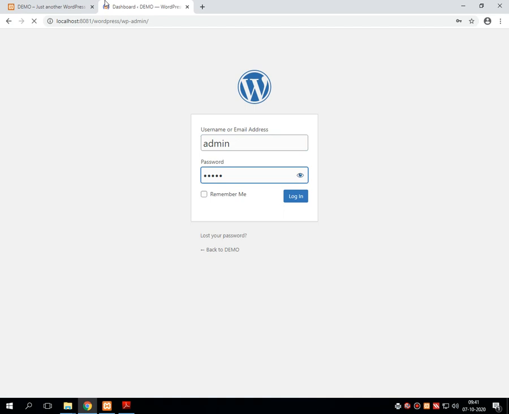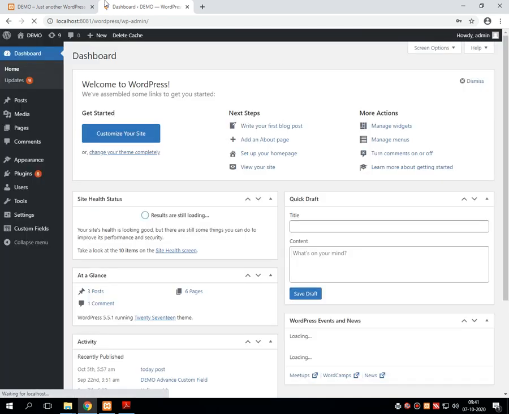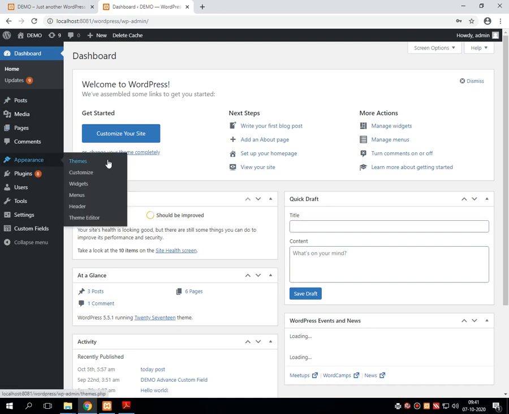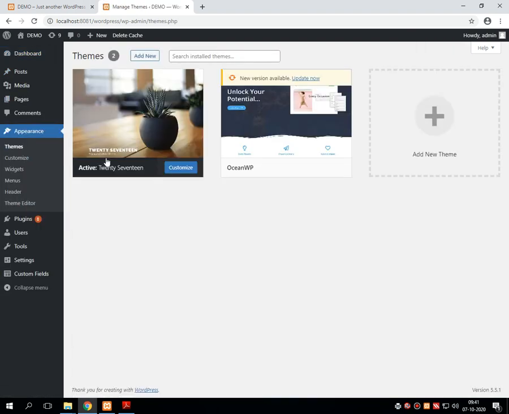Once you are logged in, just visit Appearance and Themes, and look at the theme which is activated, that is Twenty Seventeen, right now activated by the WordPress administrator.